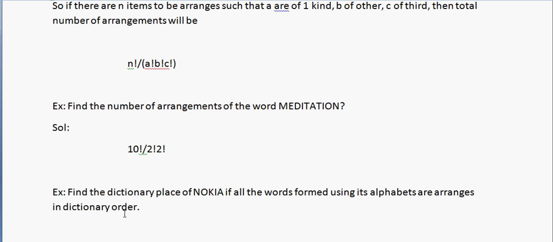Now another important thing which comes in exam is dictionary placement, right? So there is a word Nokia, and you are making different arrangements from all the alphabets. You have to find the dictionary placement of Nokia. Since we have not done any dictionary placements before, I think most of you won't be able to do it